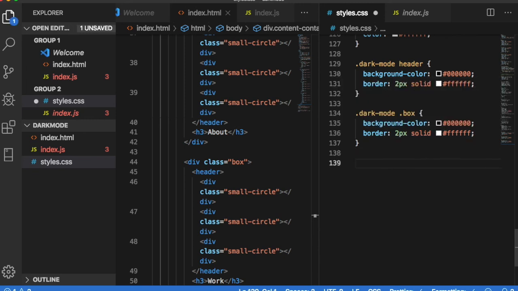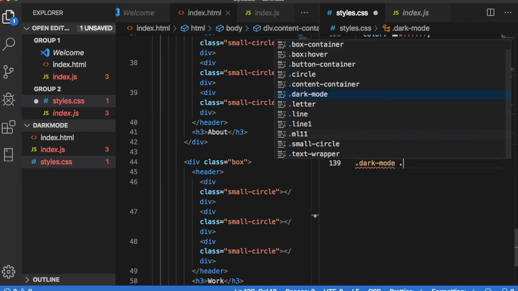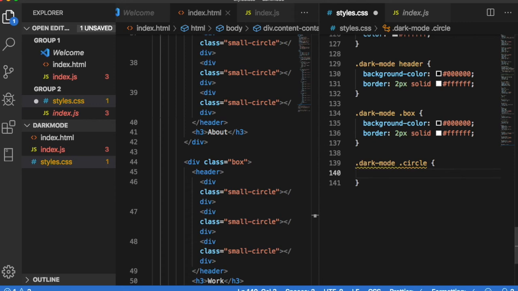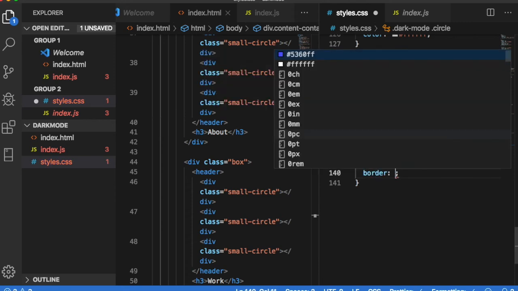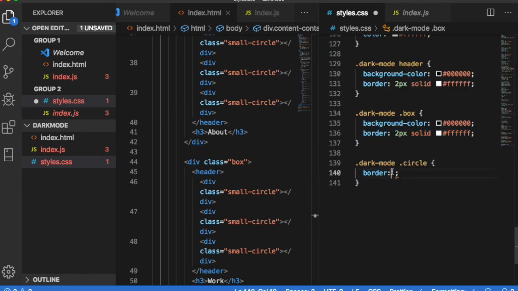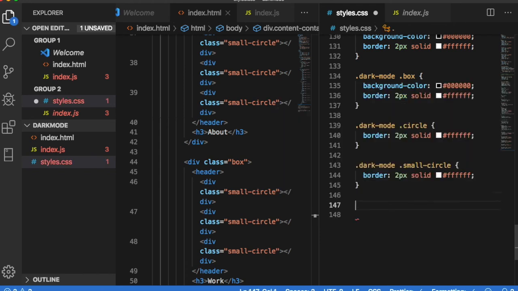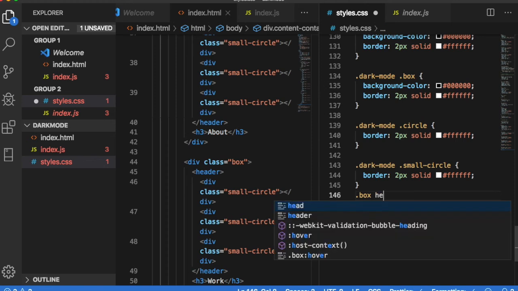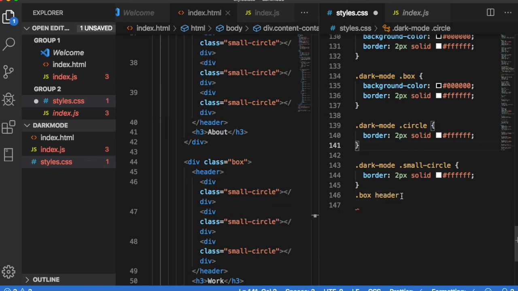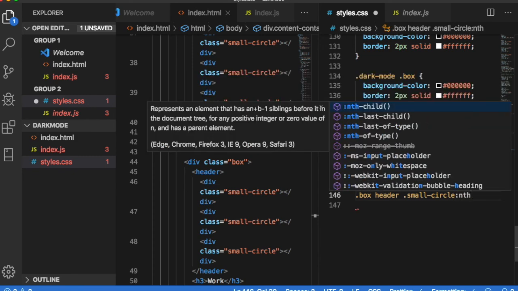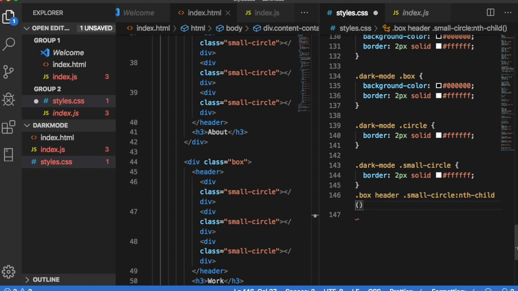And then we also want to affect all the circles, because as you can see, those were not showing up. Dark mode dot circle. We want the border of the circle to change. Actually, we can just copy this. And then we also want this to happen on the small circles. Cool. And I think one of the last things we're going to do is add our colors. So let's select in the box, in the header, small circle, and we're going to select the first child, so nth child 1,